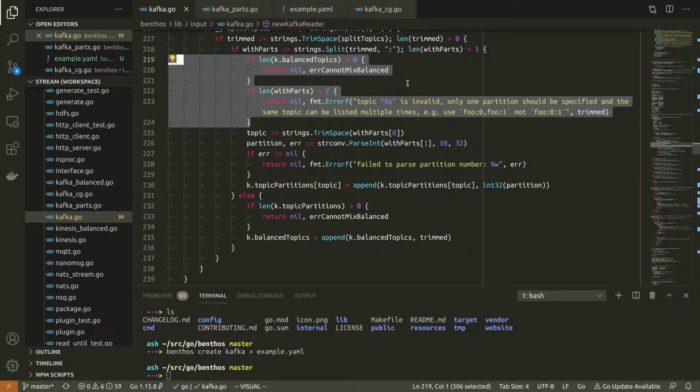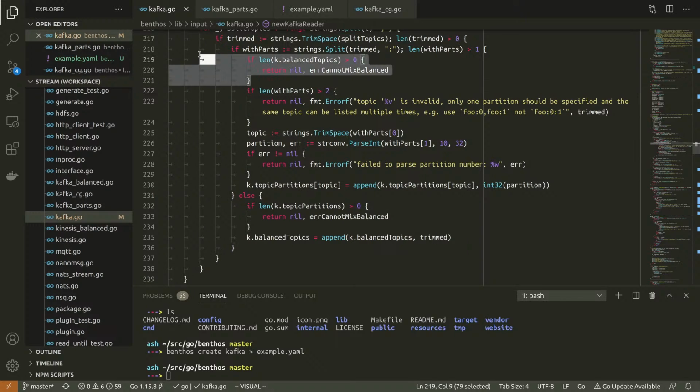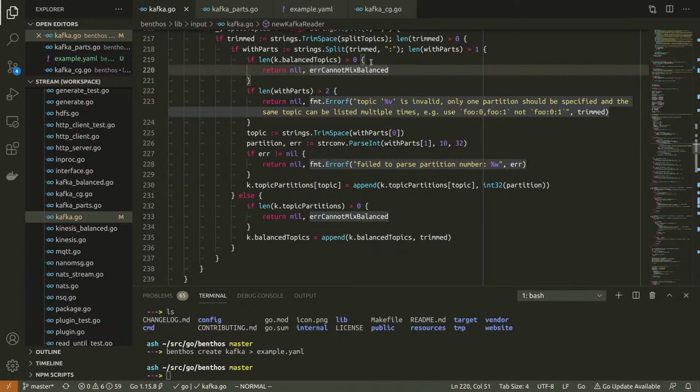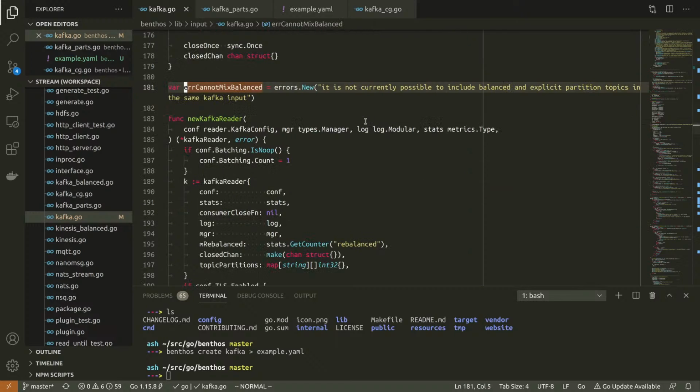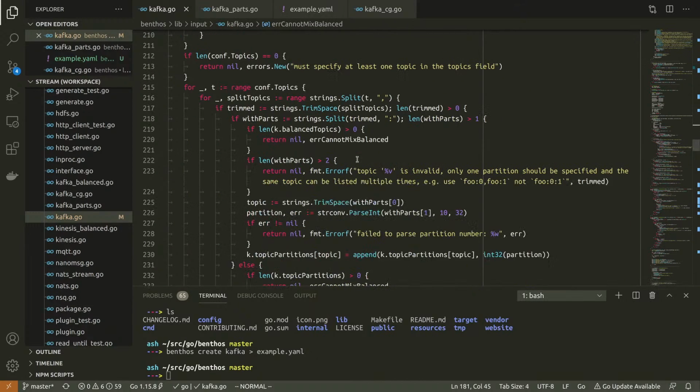But again, I could expand this later. But what I've done is I've essentially made it so that when we're parsing out these topics, if it turns out you've already populated some balanced topics and you now have specified an explicit one, then we return an error, and the same the other way around. And we've just got this generic error, cannot mix. You can't do that.